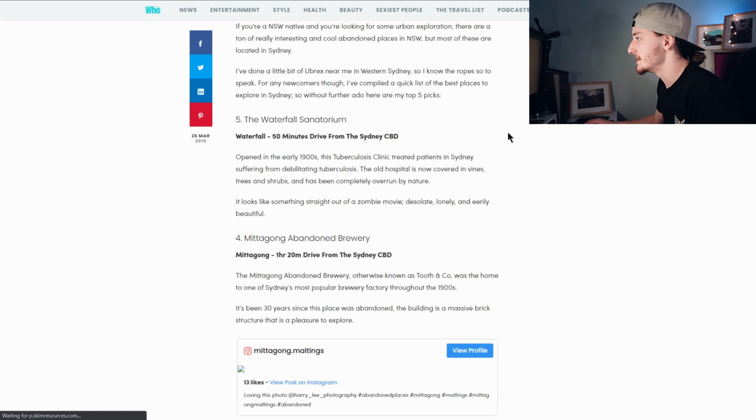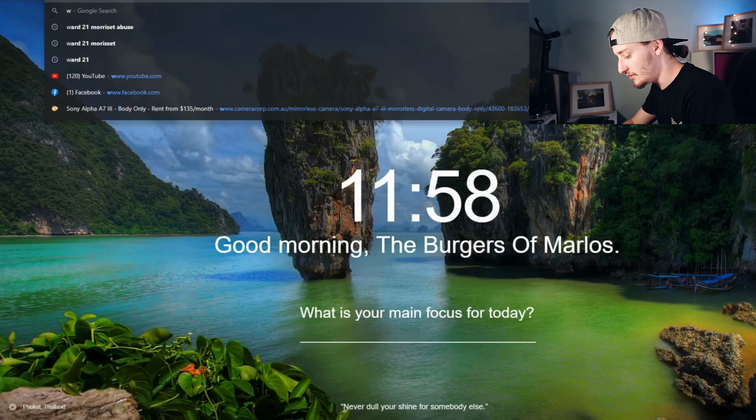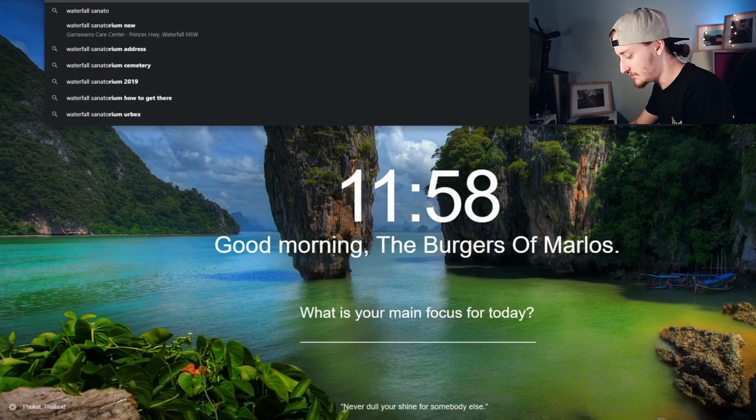We've got Waterfall Sanatorium. Opened in the early 1900s, this tuberculosis clinic treated patients in Sydney suffering from debilitating tuberculosis. Old hospital covered in vines, shrubs, trees, completely overrun by nature. Looks like something out of a zombie movie. Okay, so we've got Waterfall Sanatorium here. That's location number 1. So let's open up a new tab and go Waterfall Sanatorium